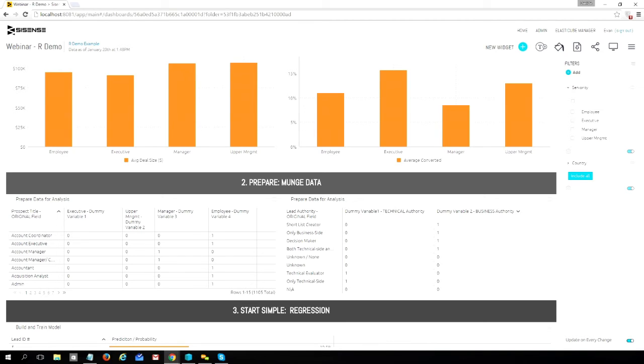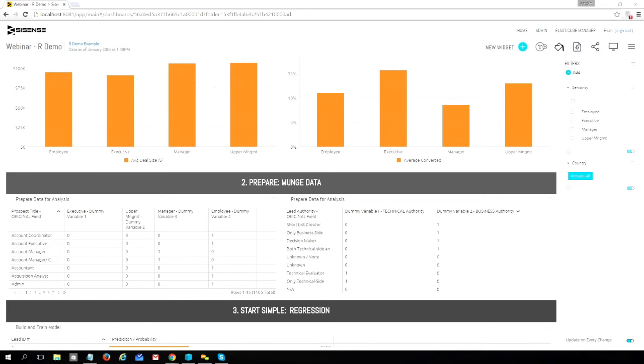So when you're working with data, there are numerous issues that can happen. You could have missing data that you need to account for somehow. You might need to bucket a categorical variable that has many categories into fewer. You might want to square a predictor variable because that way you get a curvilinear expression. There's all sorts of things you want to do. For our particular problem, we want to model the conversion rate based on the seniority of who you're talking to.